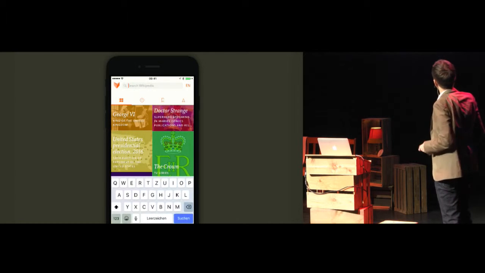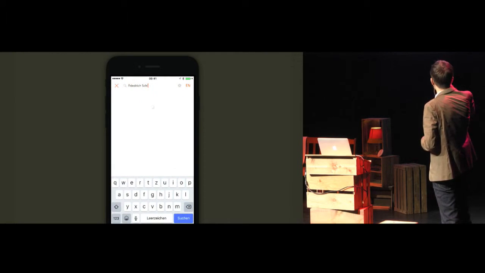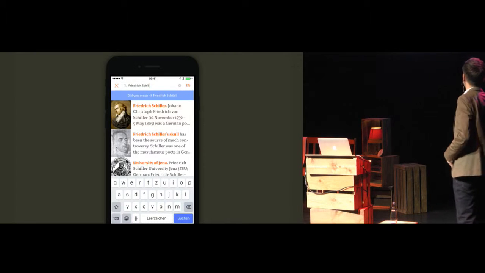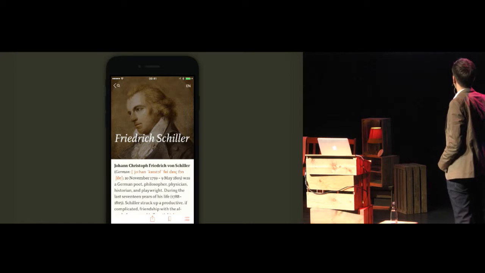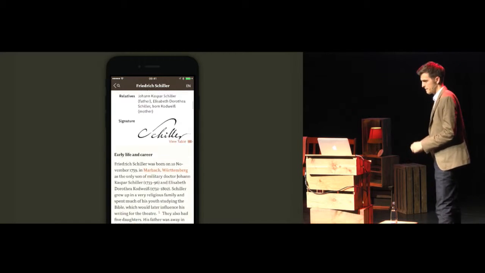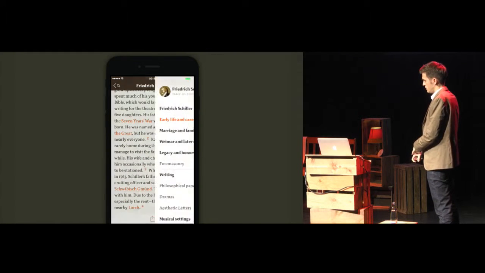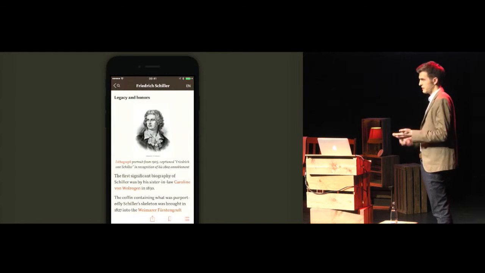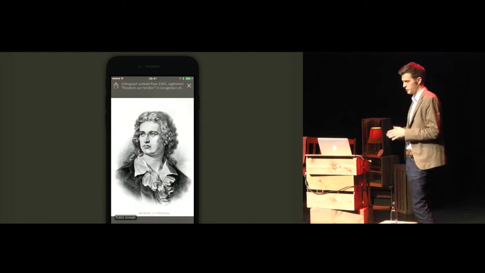You see what other people are reading when you open the app. You can search for articles, of course. Table of contents. But my favorite feature is actually that I can read the content.